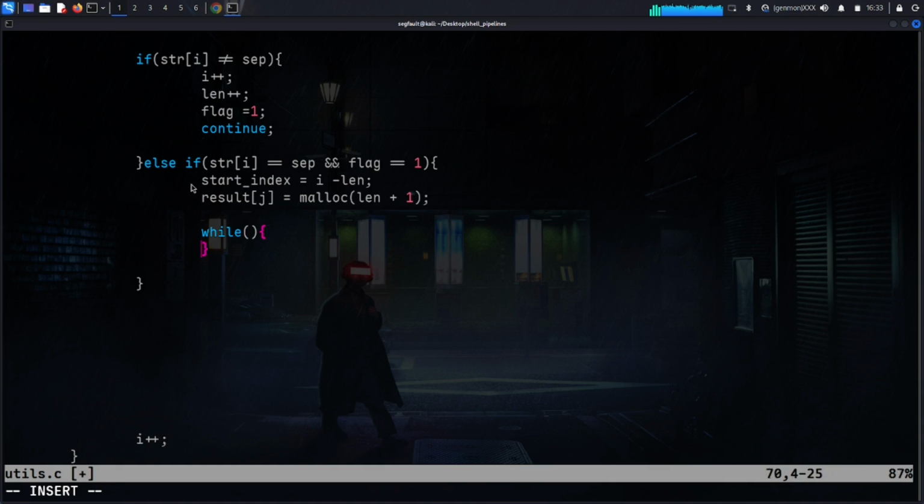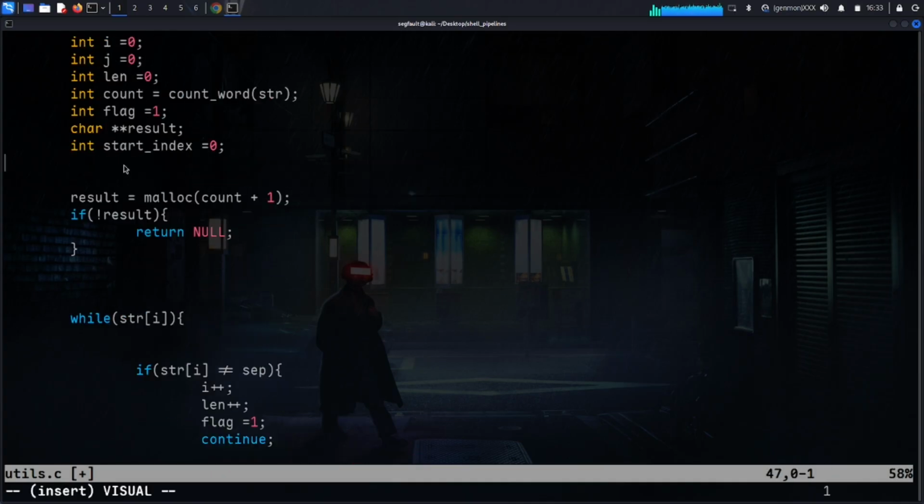So while, here we have the start index and here we have the len. So while the len is bigger than 0,